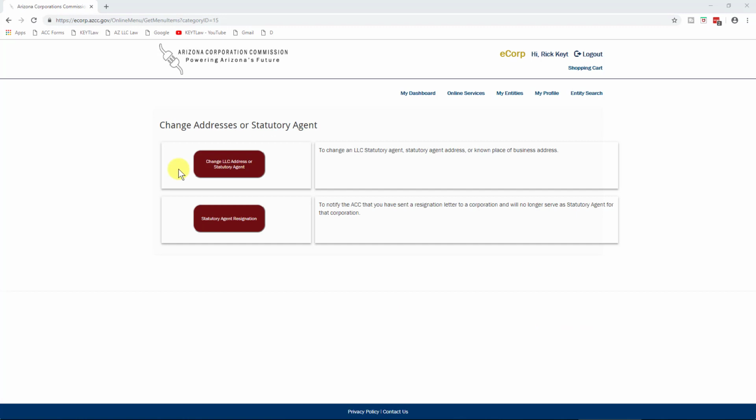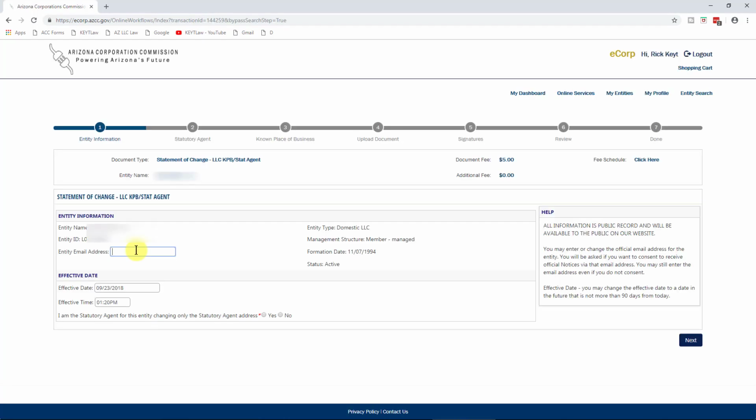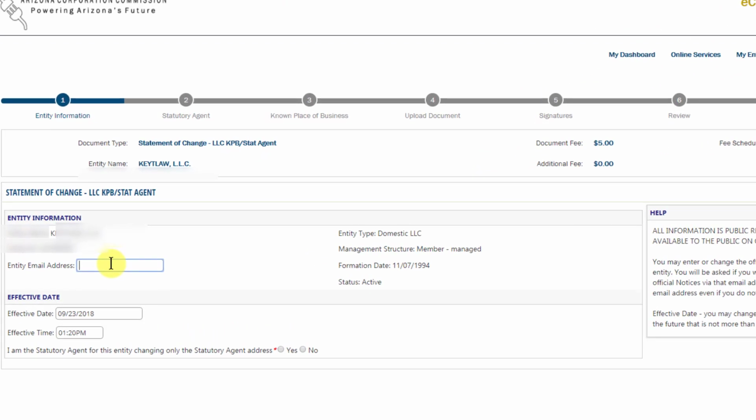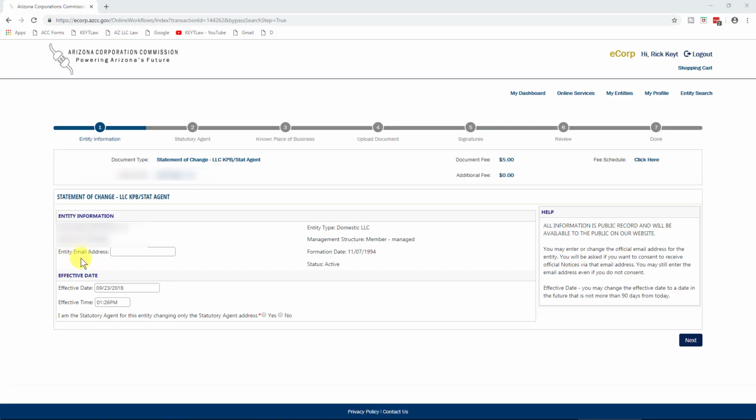Now, move your cursor to the text that says Change LLC Address or Statutory Agent in the red box, and then click on that. Now put your cursor in the entity email address field and type in the email address that you want to associate with this particular LLC. There's two items I want you to note on this page. First is where it says entity email address. If you put an email address in there